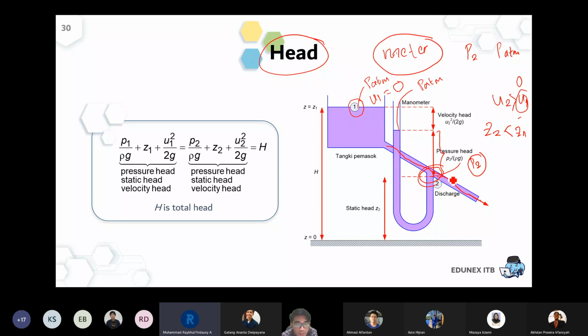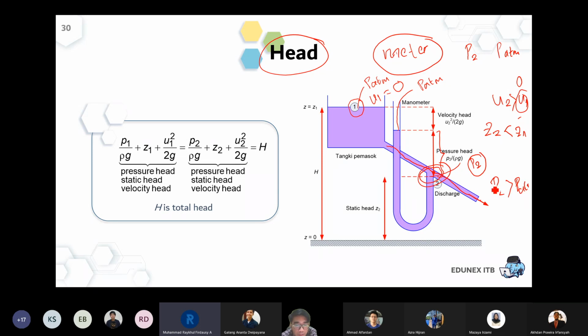Paham ya? Karena energi potensialnya turun, energi kinetiknya naik, ya berarti energi tekannya ikut naik. Oke, jadi P2 will be higher than atmospheric, and the differences between